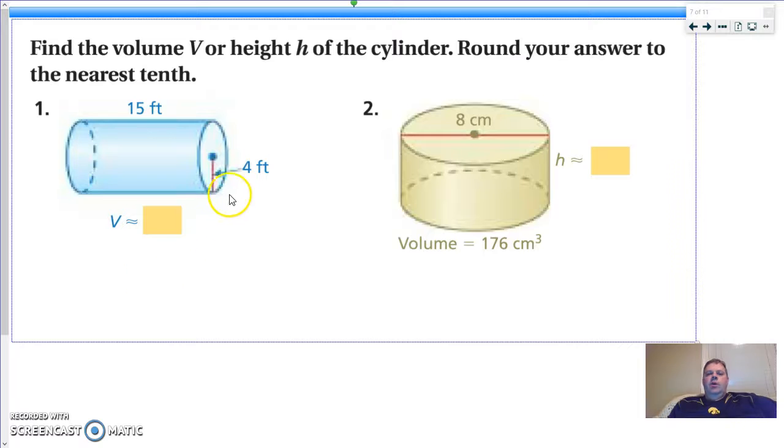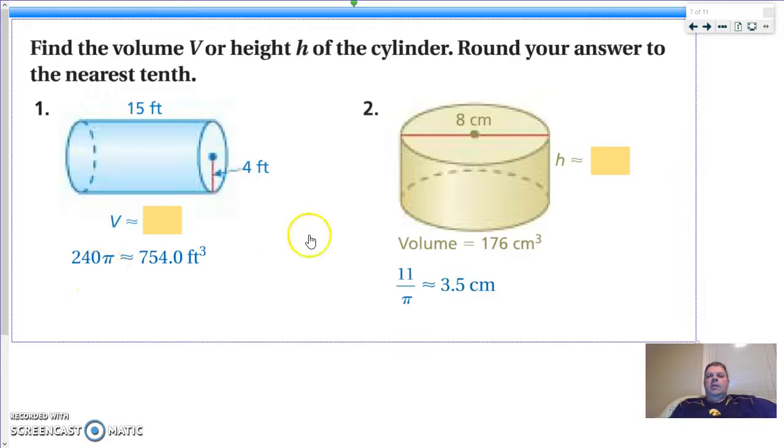In the first one, we are going to take 4 times 4, which is 4 squared. We are then going to take that 16 times 15. We are going to multiply that by 3.14, and we will get the volume of 754 cubic feet. We could also leave it in terms of pi because 16 times 15 will give us 240